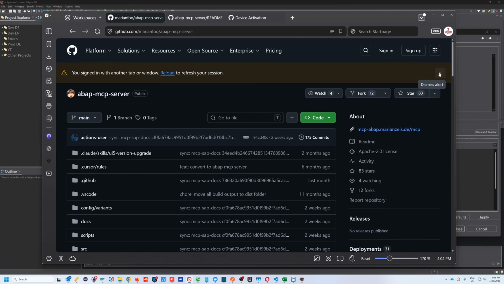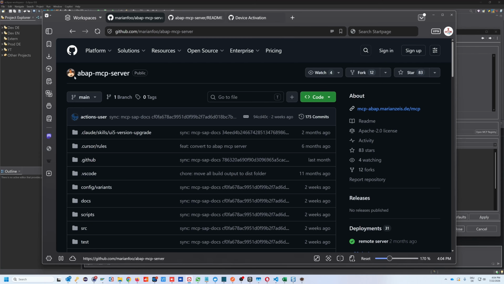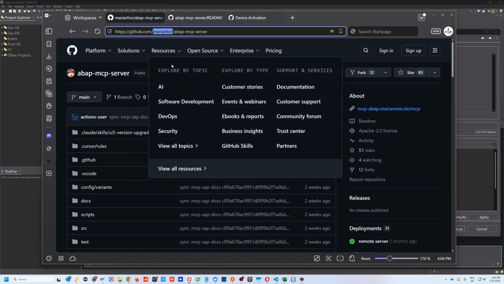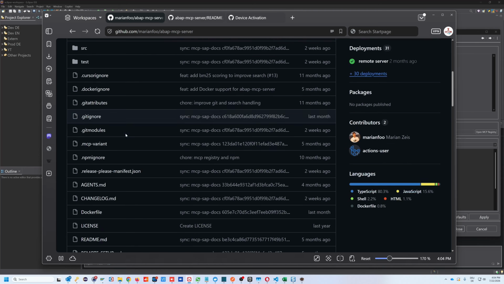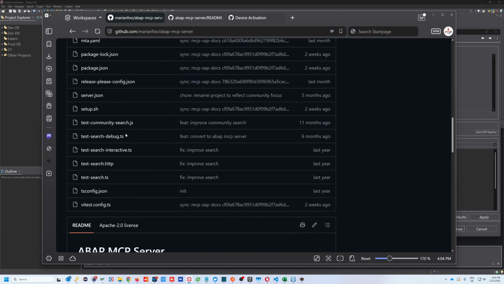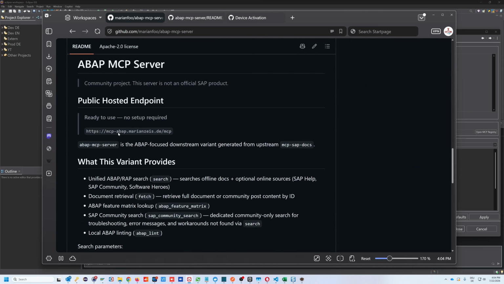It's called ABAP MCP server. And the advantage here is we don't need any local installation. Marian provides us a link for the MCP server, and for testing options, we are really quick to install this MCP server.